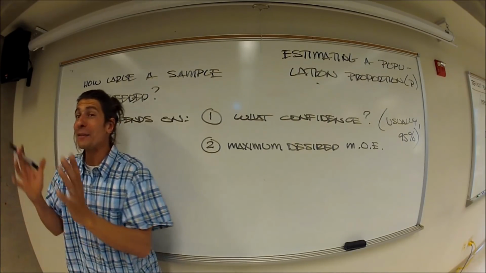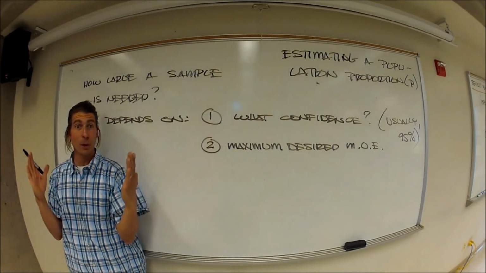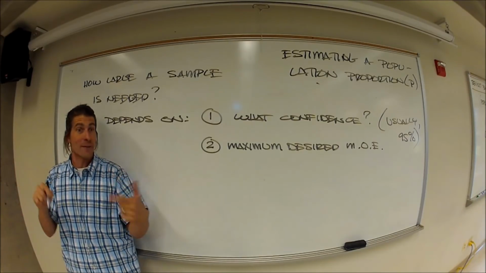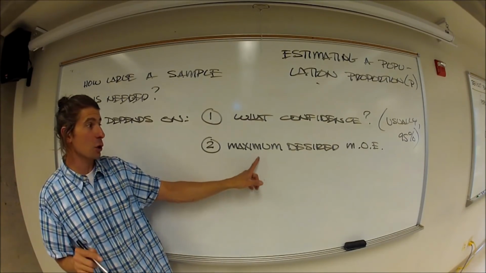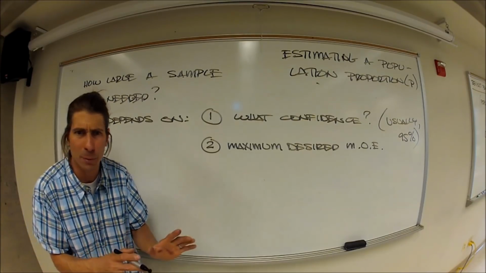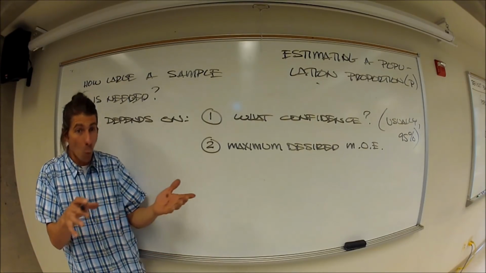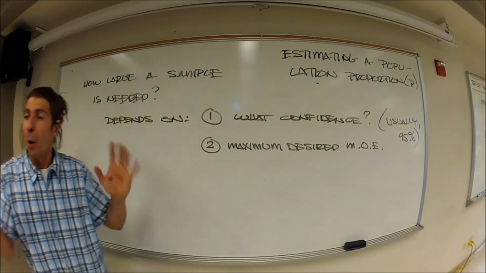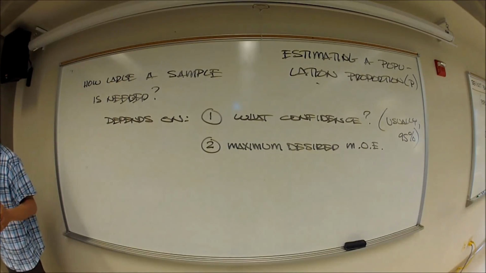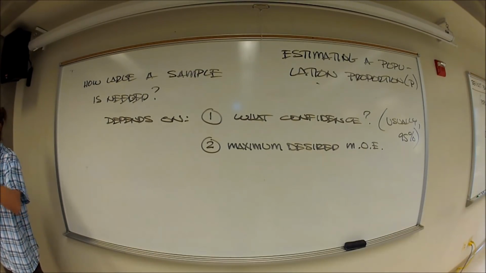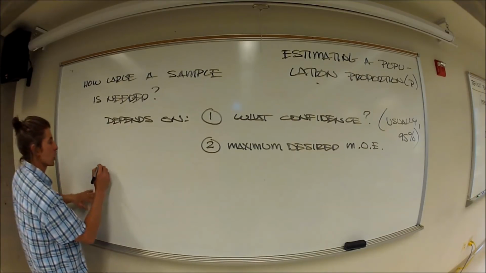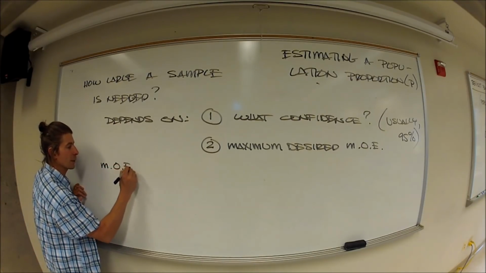But if you're starting the study and you want less of a margin of error, then you've got to start the study by having more trials. So you have to start right in the beginning by picking, do I want to be 3%, 4%, 2%, 1%? Now, why does that? Nowhere in here is the size of the population. And that's because, think about this, your margin of error